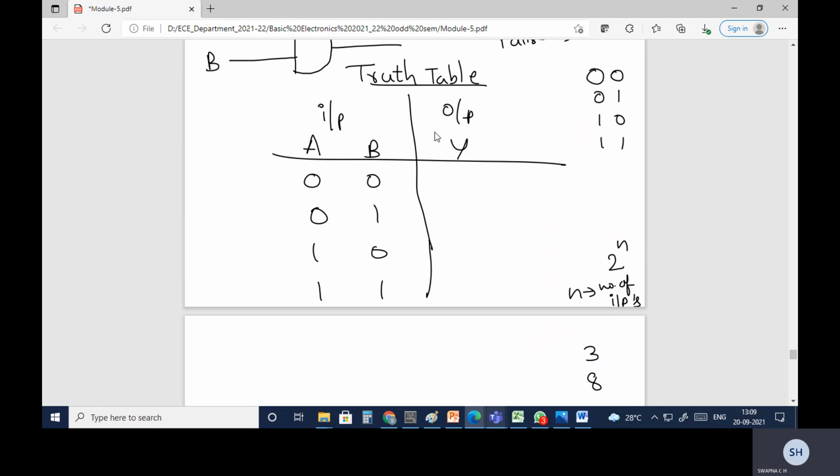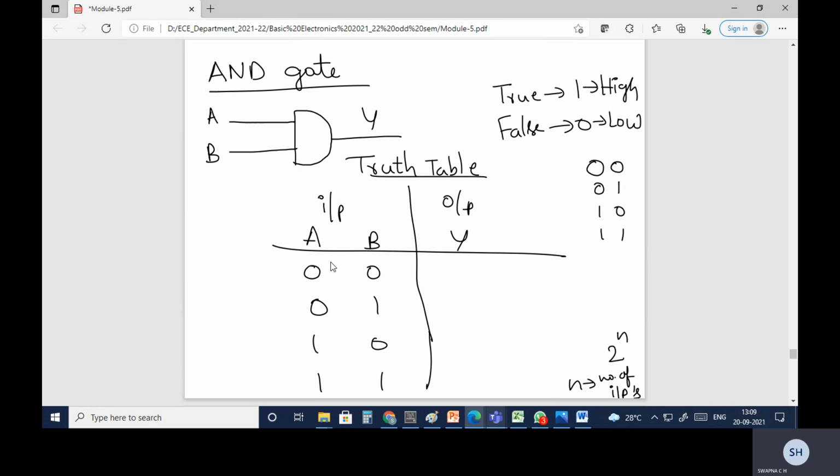So now coming back to the truth table of your AND gate. As previously mentioned, in the AND logic, only when both the inputs are high, the output will be high. In all the rest of the cases, it will be equal to 0. So here both are 0, so the output will be 0.